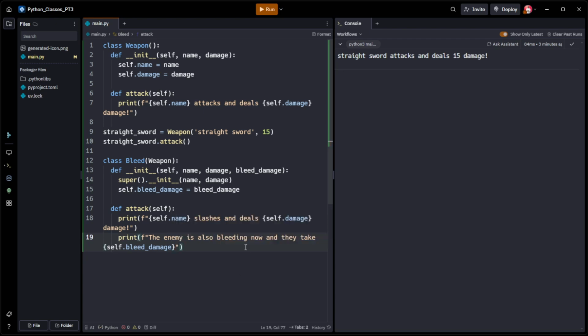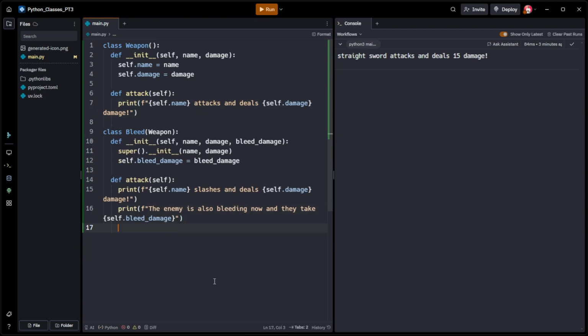Okay, good. So now if we call this weapon class, it should be super easy. A normal weapon is going to be like so. We'll just copy and paste this here. And let's actually label our code too, so you can see what's happened. So this is the parent class, and this is the child class, like so. Now, this is the normal weapon. So put here normal. And the bleed weapon